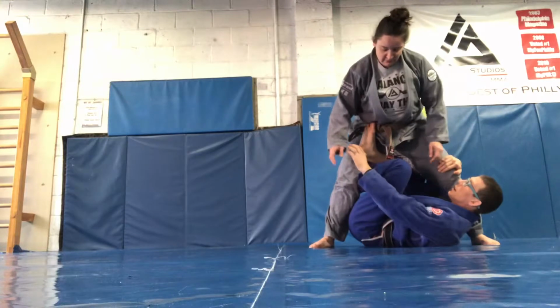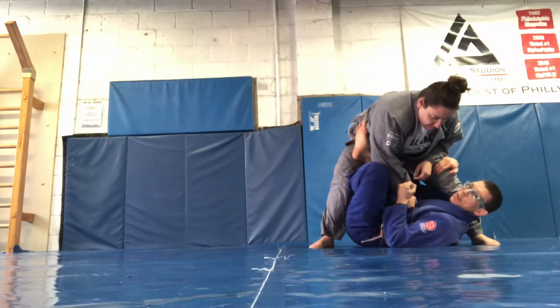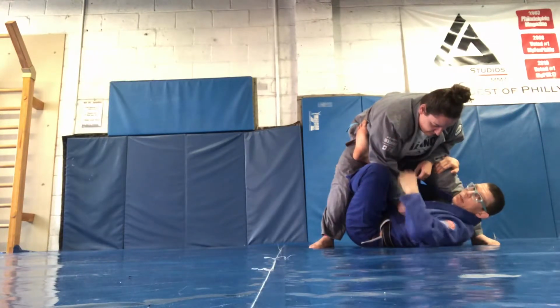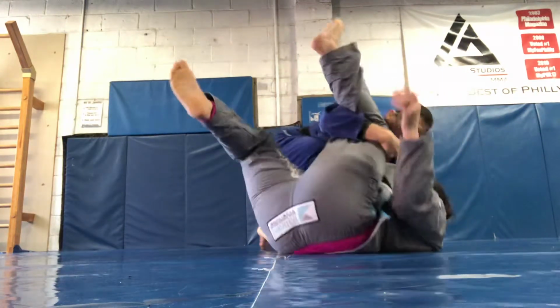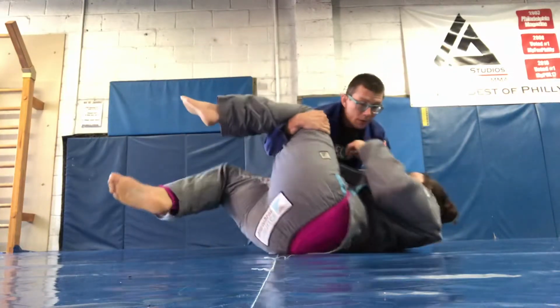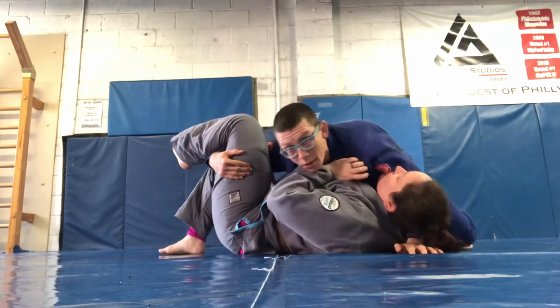Step one, if she's leaning forward, would be grab the sleeve, keep my elbow tucked in, and as I lift with my legs, I'm taking her over this shoulder because she does not have base on that arm because her arm is trapped here. So if I go here, coming up on top of knee on belly with the arm in between the legs, which leads back to here,